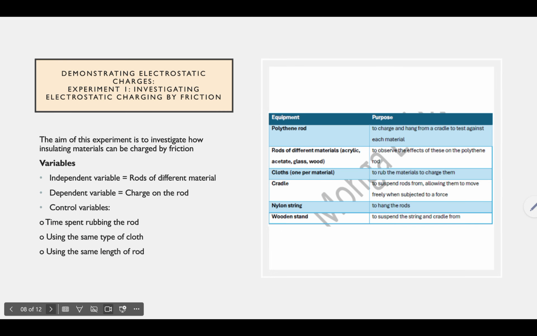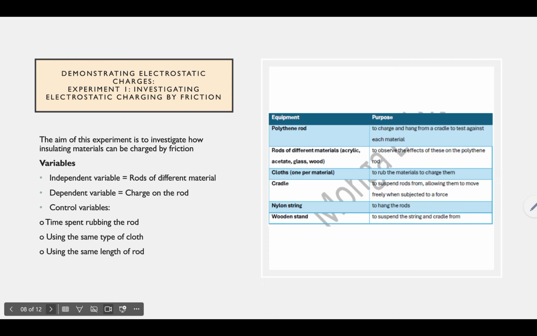So how to demonstrate electrostatic charge? The aim of the experiment is to investigate how insulating materials can be charged by friction. I'll use a polythene rod to charge and hang from a cradle to test against each material. I'll have rods with different materials like acrylic, acetate, glass, and wood. I'll have cloths, one per material, to rub the materials to charge them, the cradle to suspend the rods from, so they can move freely, a nylon string to hang the rods, and a wooden stand to suspend the string